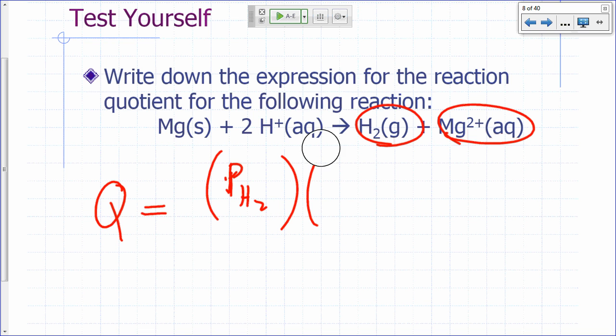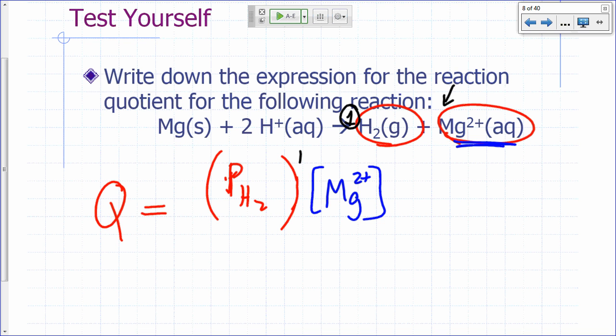What would be the activity of magnesium ions? These are ions in solution. So what would be the activity of that? Molar concentration. So I'm going to write Mg with a +2. So that's my numerator. To what exponent should I raise my H2? What's the coefficient of H2 here? It's 1, so raise to the power 1. If you raise something to the power 1, you don't have to write the 1, right? And to what power should I raise my magnesium? Also to the power 1, so I don't have to worry about putting that. So divided by,